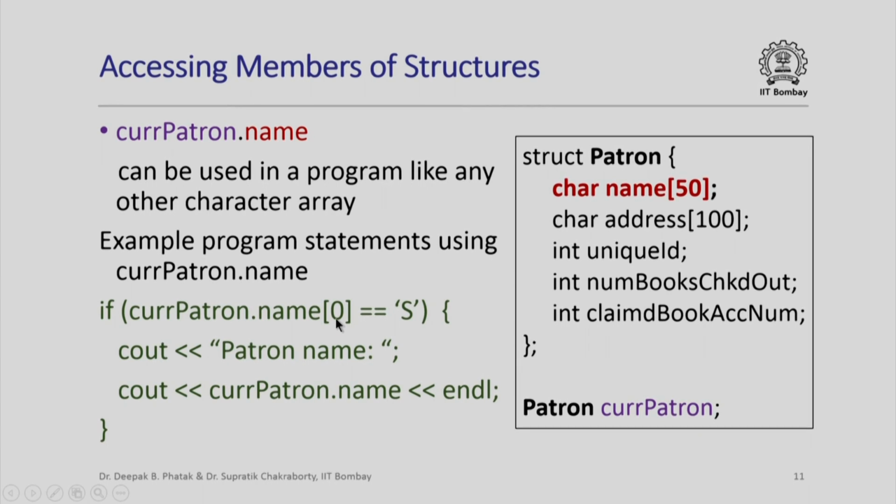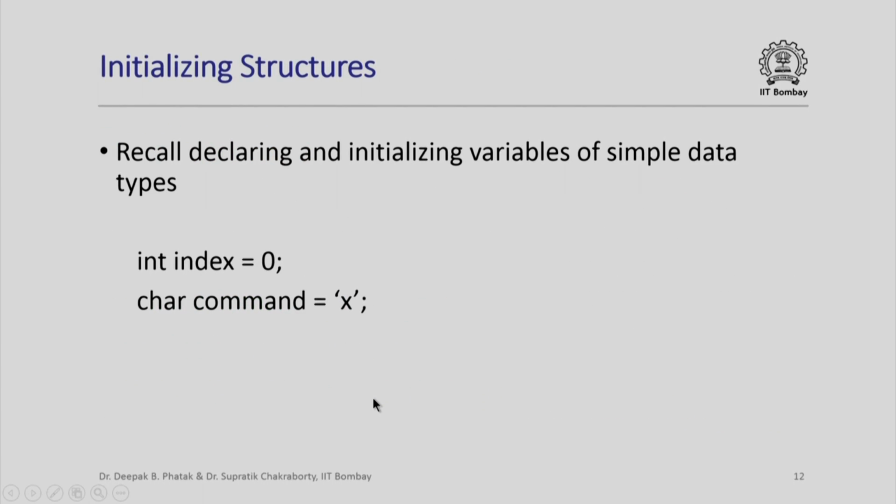I can access the 0th element of it, I can compare it with another character, I can print out the entire string in the character array current patron dot name. Well, so far so good for accessing members of different structures. Now we would like to ask, is it possible to initialize structures just like we can